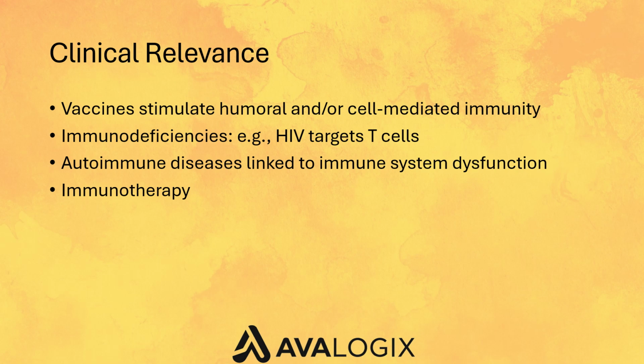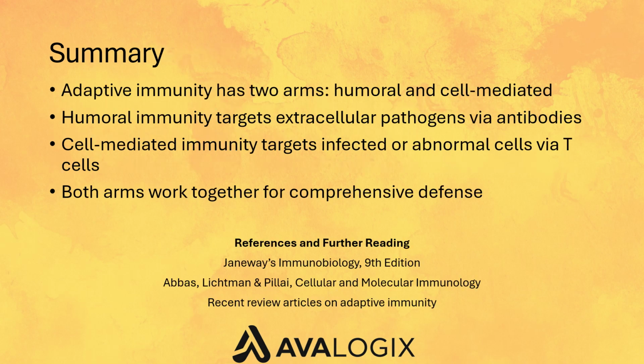Autoimmune diseases occur when immune regulation fails and the immune system attacks self-tissues. Conditions like lupus, rheumatoid arthritis, and type 1 diabetes involve both humoral and cell-mediated mechanisms. Immunotherapy for cancer, such as checkpoint inhibitors and CAR T cells, harness cell-mediated immunity to recognize and kill tumor cells. By understanding these immune responses, clinicians can better diagnose, treat, and prevent disease. To summarize, adaptive immunity consists of two main branches: